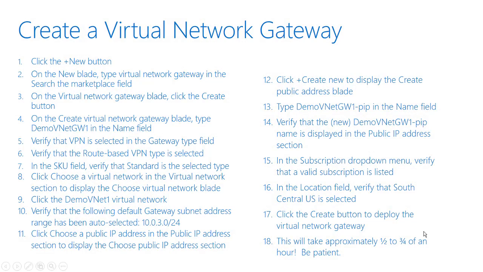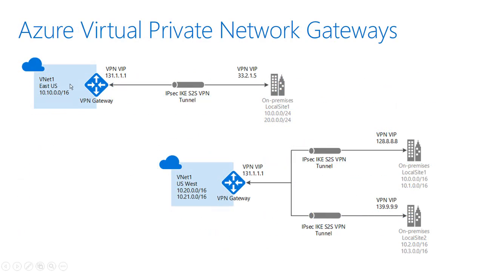So we finished this part. And again, these are the types of virtual private network gateways we can build. We actually built a VPN, single site-to-site tunnel. We have our network right here. We can use that IP address to connect to, or use the IP address at the distant end. In our case, it was 13.84 or whatever, to get into our VNet, our Demo VNet 1 in the cloud.